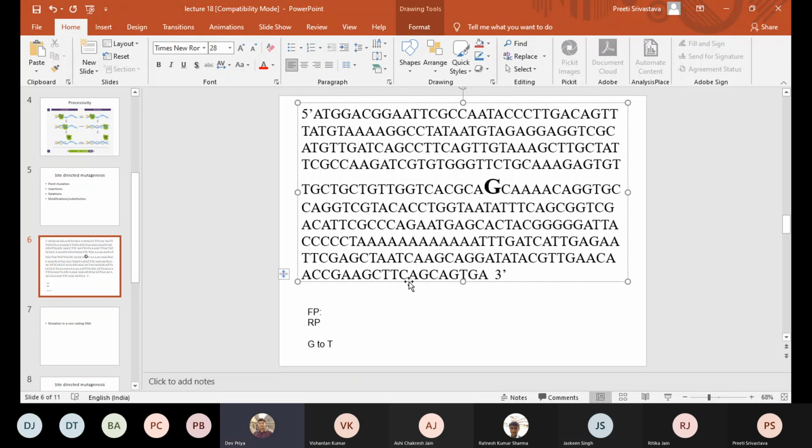Ma'am, so ATGGA, up to I think 15 nucleotides. Till where should I stop? So we cannot stop just like that. I taught you the rules, right? Don't forget. Where should I stop? No, I guess around here is fine, because this is 15 nucleotides.